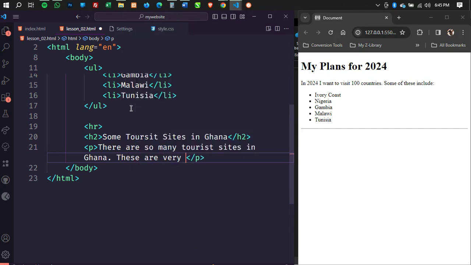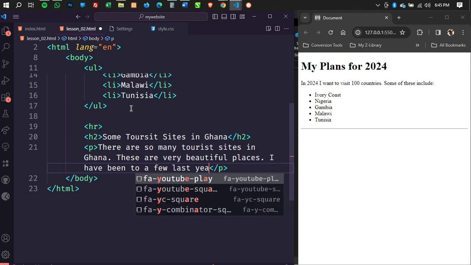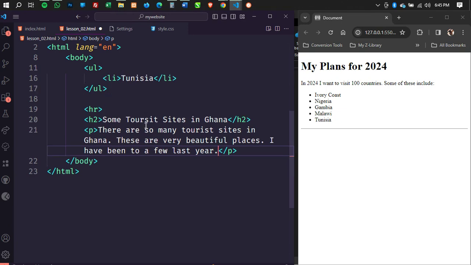These are very beautiful places. All right. I have been to a few last year. Actually, last year I've never been to any tourist site, so it's just for learning purposes.